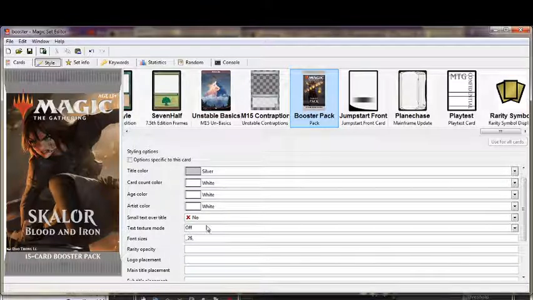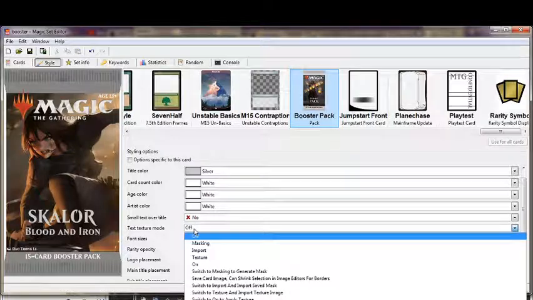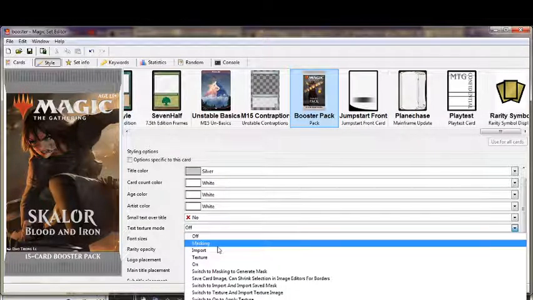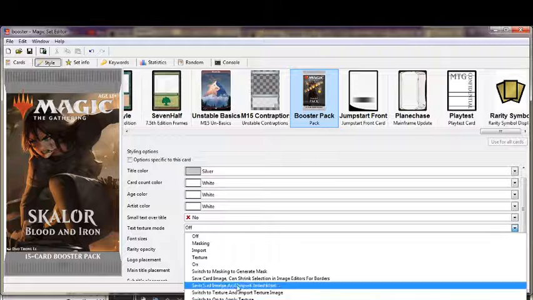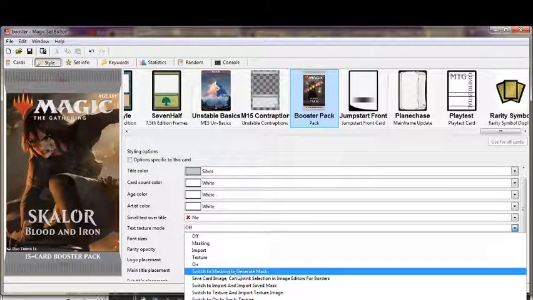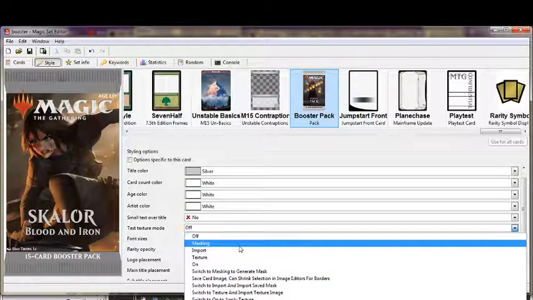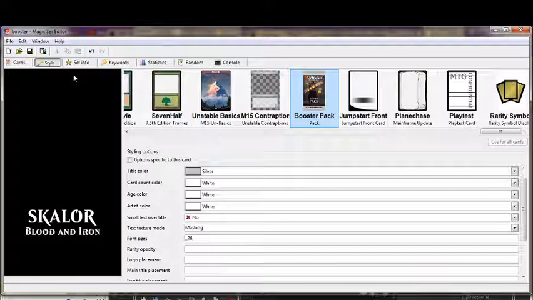Now if we go back to that text texture mode. So right now it's set to off. And that just means that your title text here is the base color. If we click this option here, we see there's a bunch of text here. Most of this is instructions for how you're going to use this, for when you don't have the video guiding you. So what we want to do is first switch to masking. Now this is going to change our pack image, so we only have our title text and it's in white,